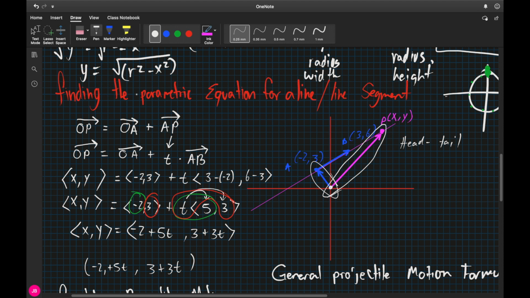So let's talk about what that means. We're not necessarily looking for this line right here. That's not what we're doing. What we're looking for is the fact that this line right here,